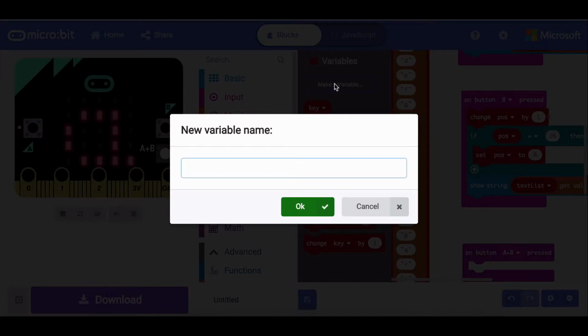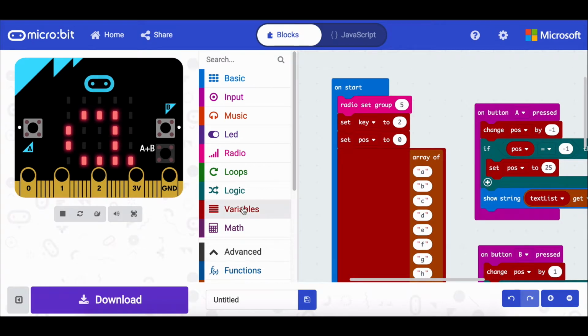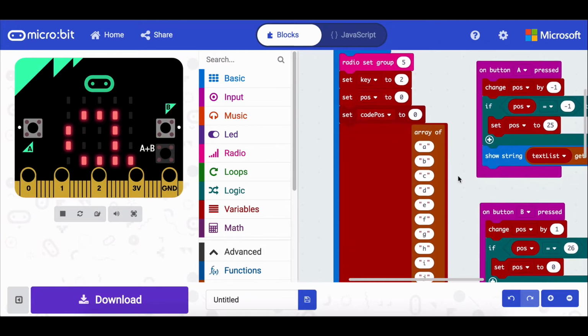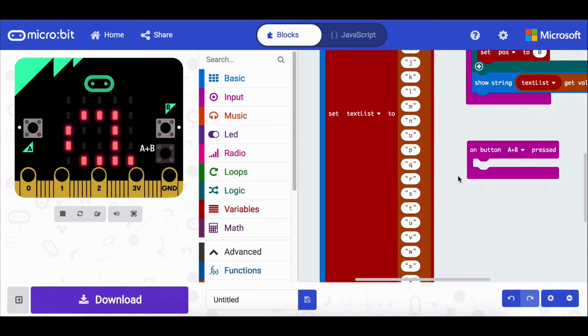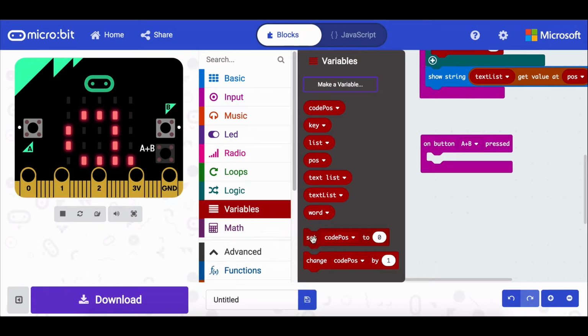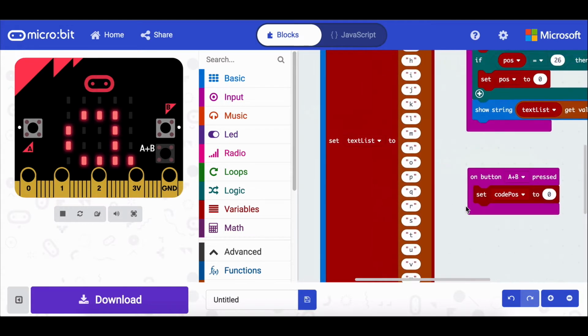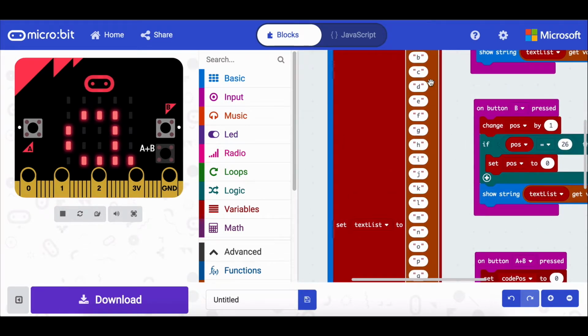I'm going to make this variable, and I'm going to call it code pos for code position. And just back here, I'm just going to probably set that to 0 there, though it doesn't matter too much, because it's going to get changed here. So I'm going to set it again here, and this code position is going to be the position of the letter